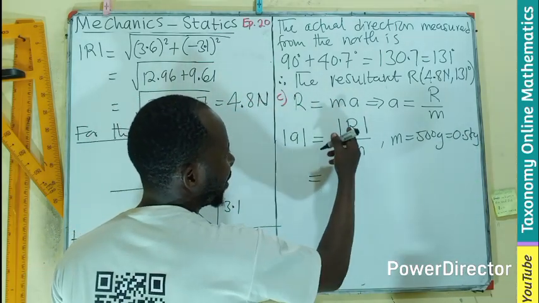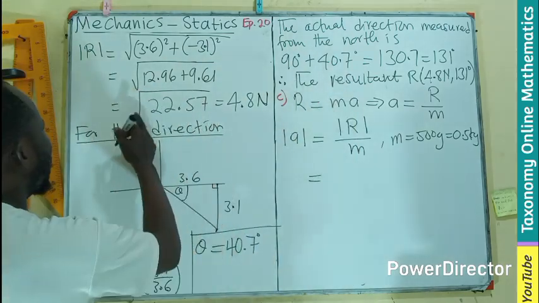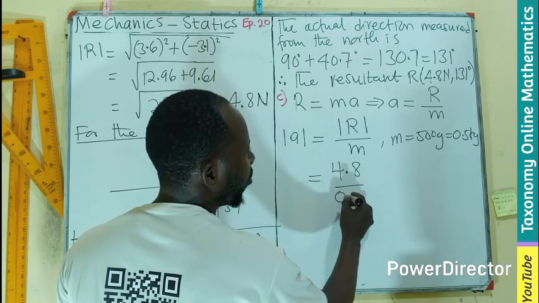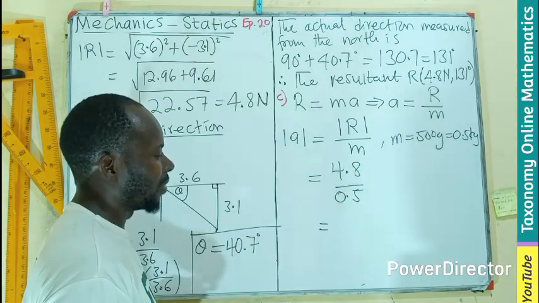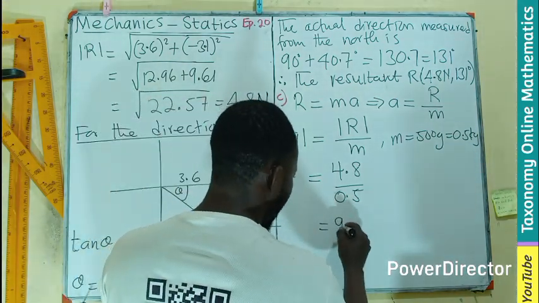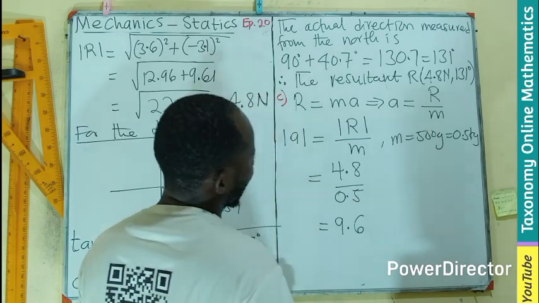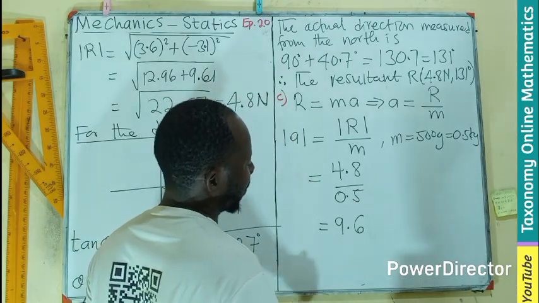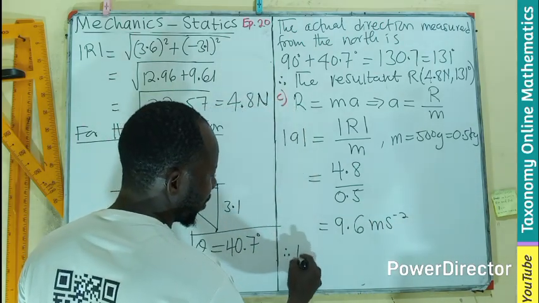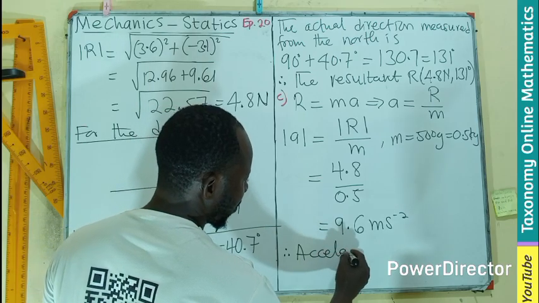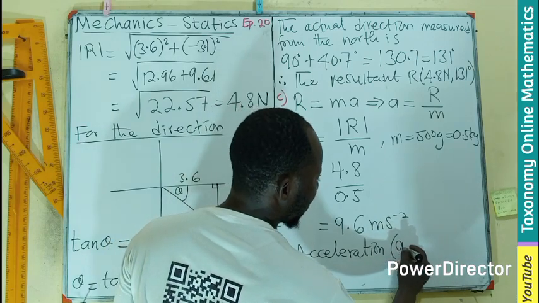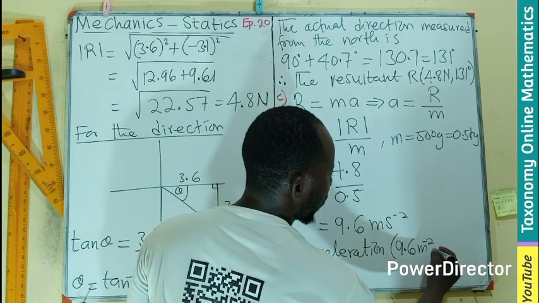So my acceleration magnitude will be, what was the magnitude? 4.8 divided by 0.5. Let's check on the calculator. Okay, if we check on the calculator, it should be 9.6, and for acceleration this will be meter per second squared. So therefore the acceleration will have a magnitude of 9.6 meter per second squared,